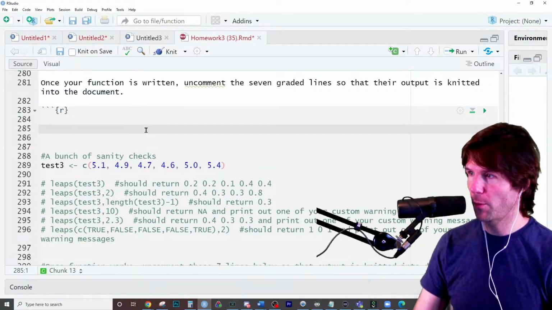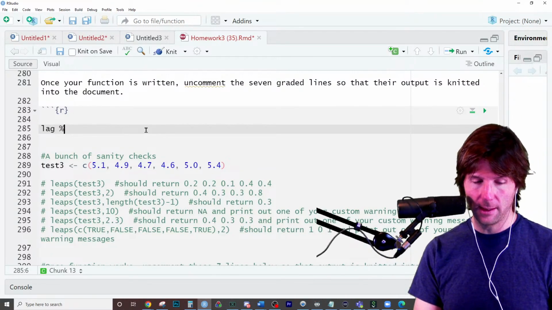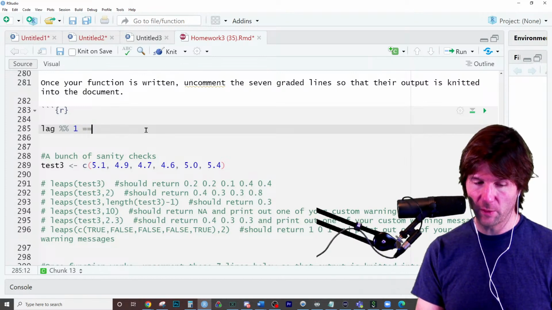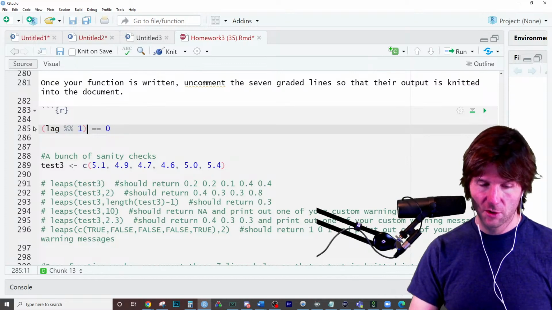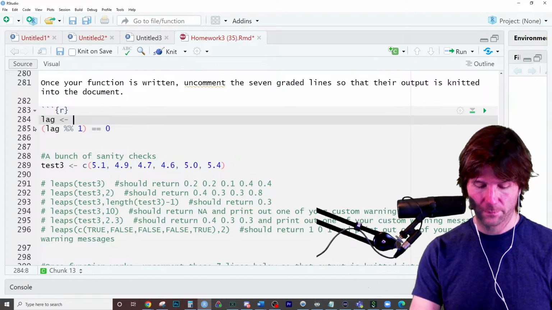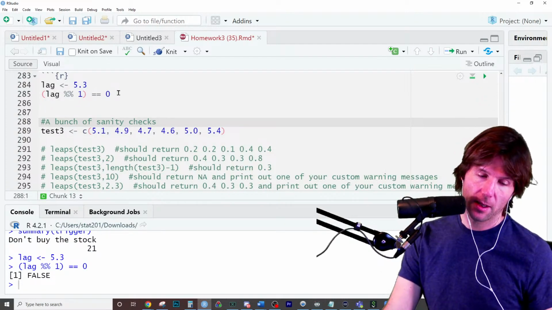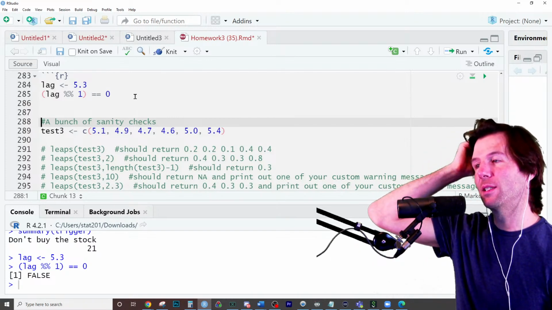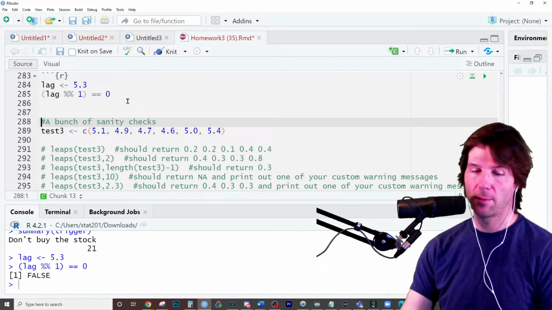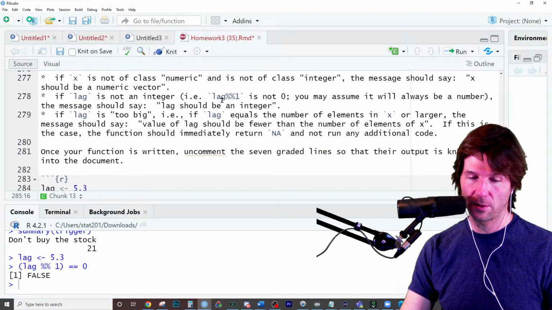So if you want to see if something's a whole number, you'd want to see if, when you divide lag by 1, the remainder is equal to 0. Whatever someone stores into lag will be part of the function right here, and that is not divisible by 1. Now what I might do so my function doesn't cause issues is round it. Does it say to round the lag? Lag is an integer. Look right there. You may assume it's always a number.